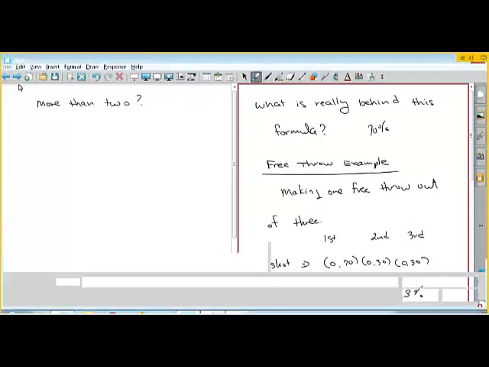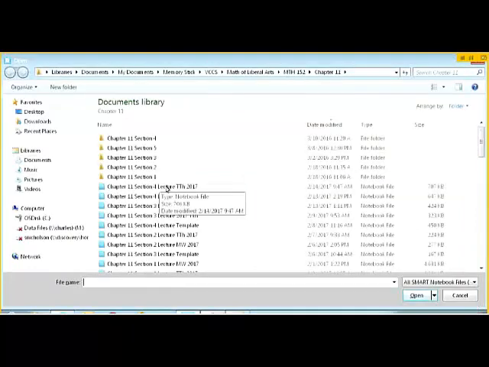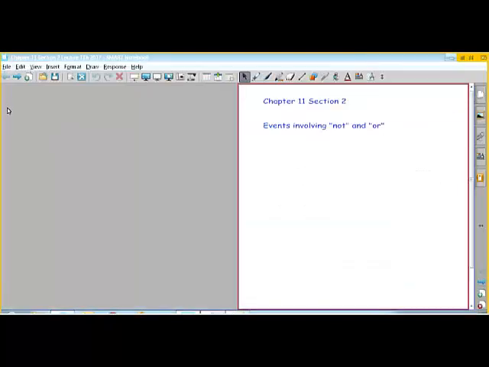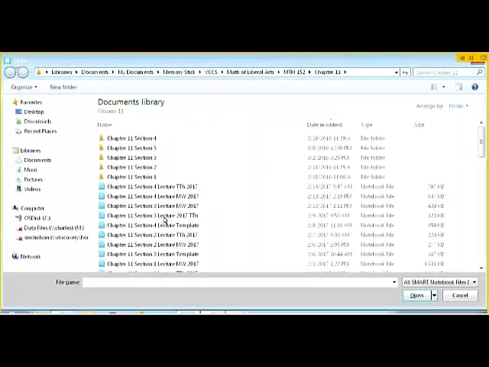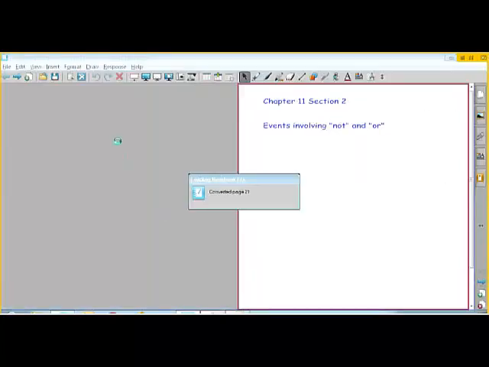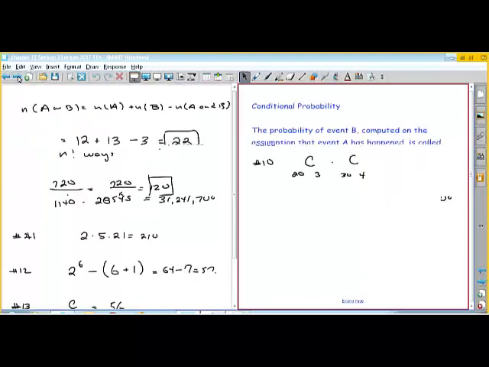Let me show you back. Let me save this for a second. Let me open up section, was it 3 or 2? I think it was section 2. Let me open up that. No, section 3. So that was "and". So events involving